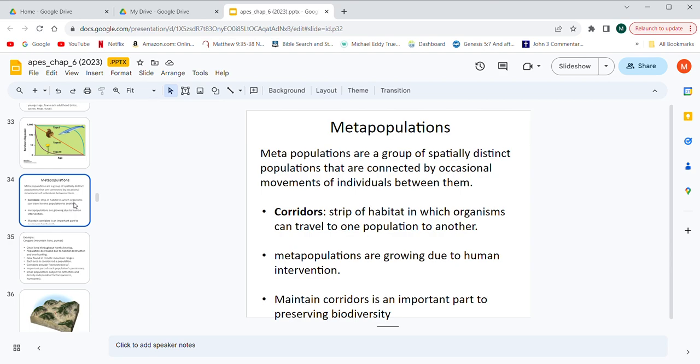We keep dividing up their habitat with things like roads, or when it comes to an aquatic system, things like dams. We're putting these barriers in their way, that are making these corridors more important and less likely to be seen. Less often are they shown, because we're breaking them down through the process of developing these areas that were once natural habitat.